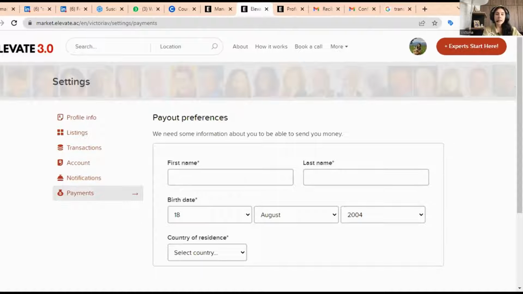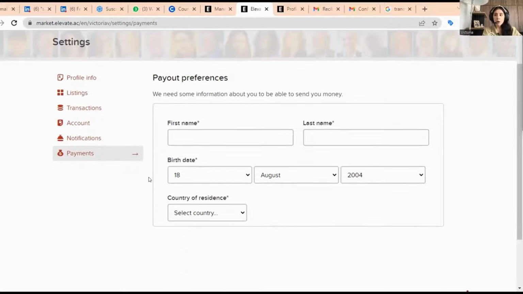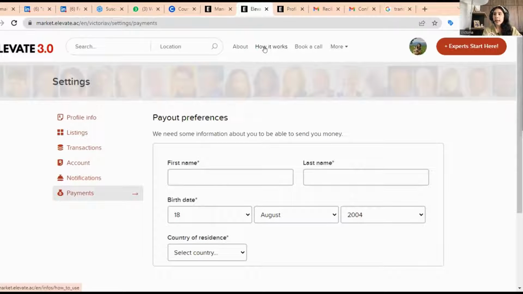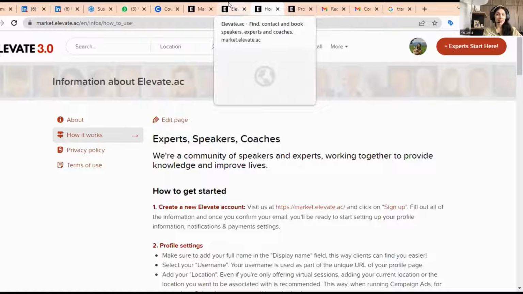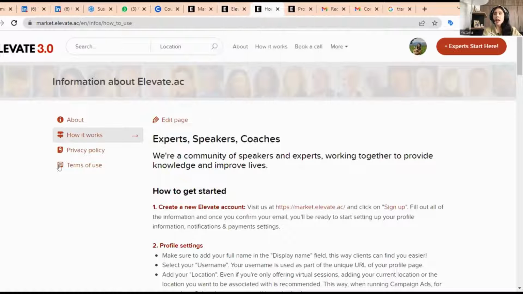So at Elevate, it is important that you know we charge a 25 percent commission for the services and support we provide. The other 75% goes directly to your own account. So this is why it's fundamental that you fill out your payout preferences. We do offer a very secure system. So here, before I continue with the payment information,